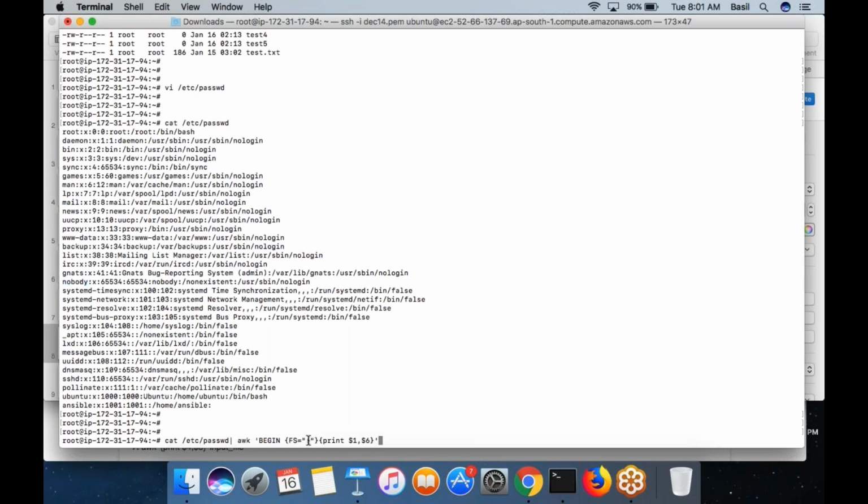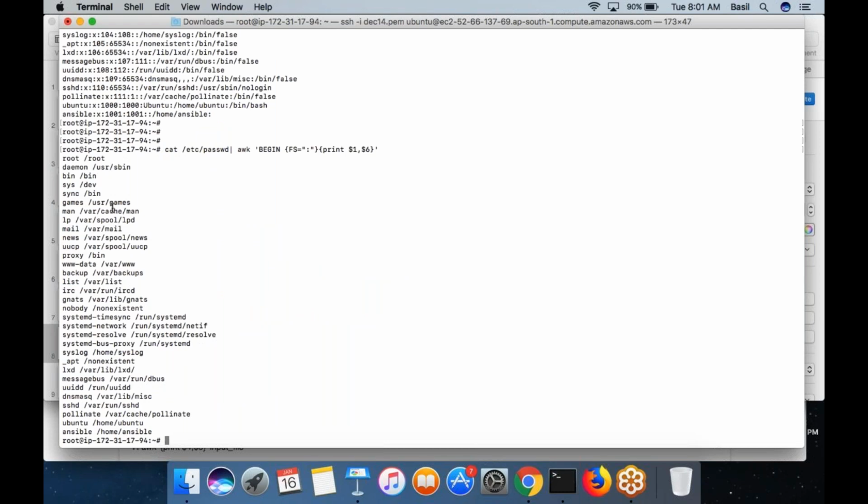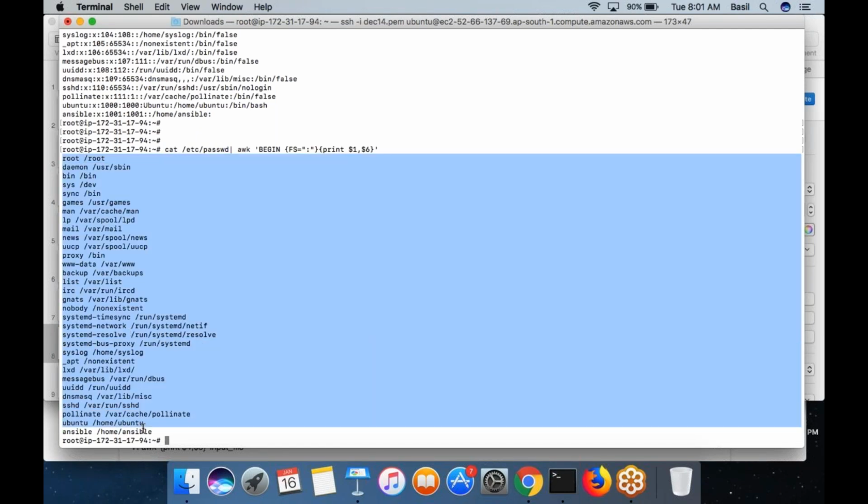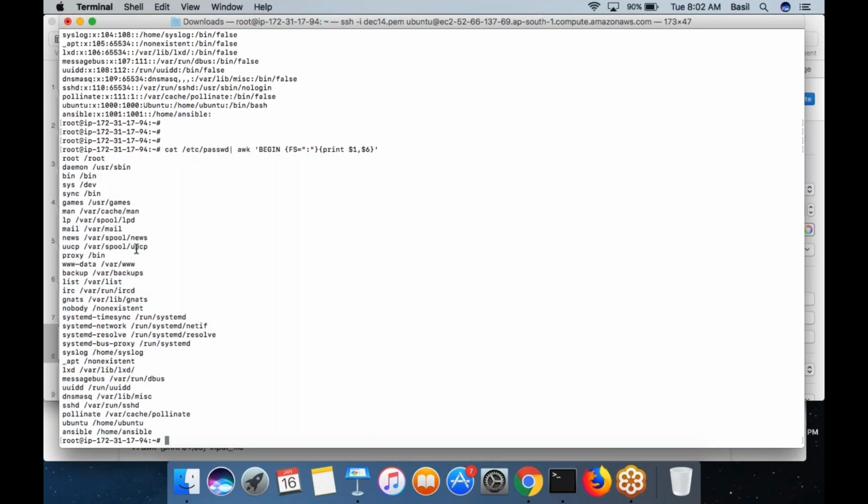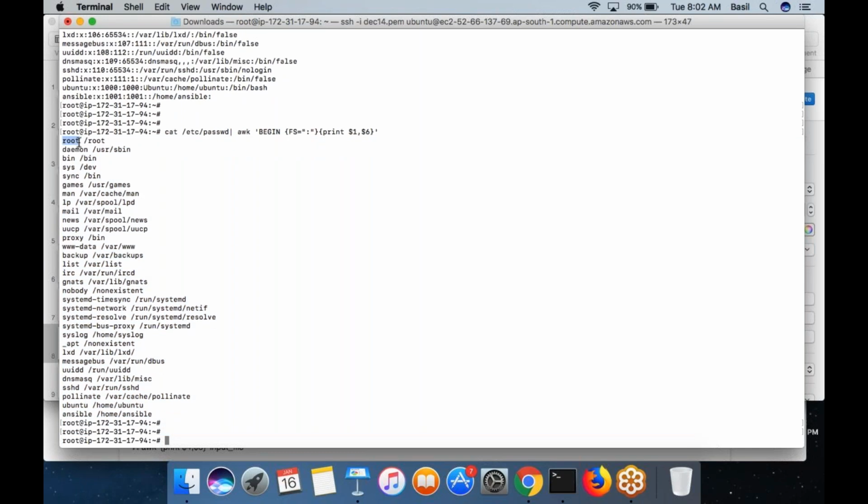Field separator is equal to colon. So run this command, and you can see in the output only the username followed by the home folder got printed. And of course, in the output, the fields are separated by space. Output field separator is still space, because that is the default.